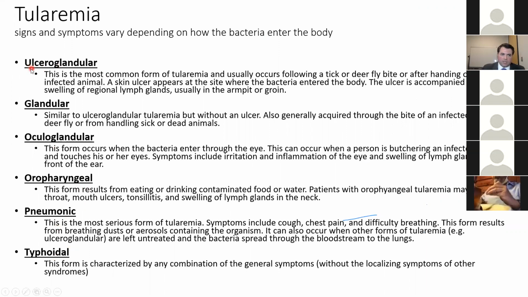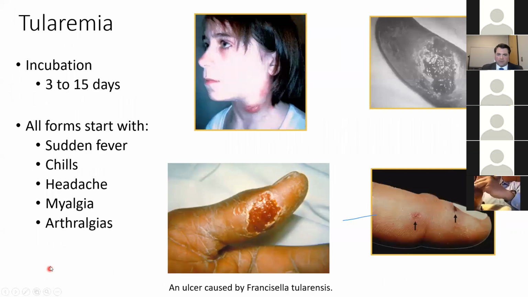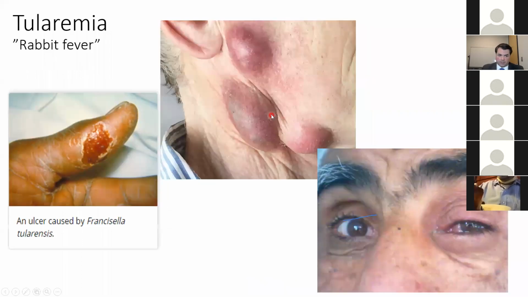So you also have glandular, oculo, so it can go in through the eye. There are case reports of people pulling out a tick, and they squeeze the tick, and it pops and gets into their mouth, and then they get oropharyngeal tularemia, pneumonic, which is the worst type, and typhoidal. So there are multiple different ways that you can get it, and they can come in feeling bad. And this is the classic picture of the hands from skinning a rabbit and cutting themselves, or children bitten by deer flies and come in like this. So you have ocular here,